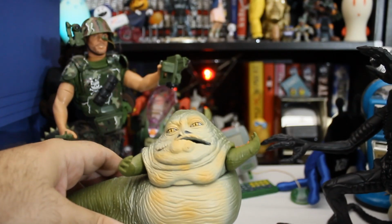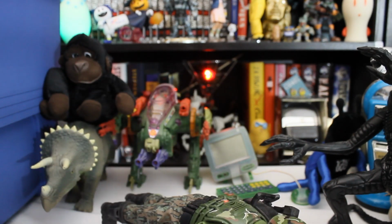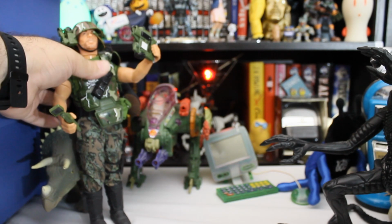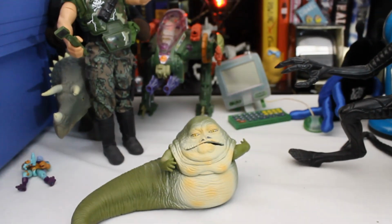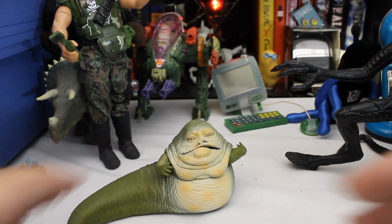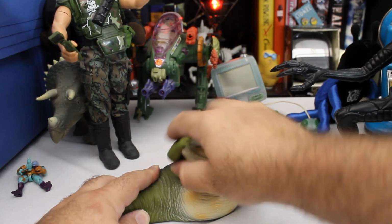This is the Jabba the Hutt that I believe came with a can of slime. I don't know if that's in there or not. Stand up, Hicks. Stand up, soldier. He came with a can of slime, and I think it had some little frog things in it too, like you could put them into his mouth, or